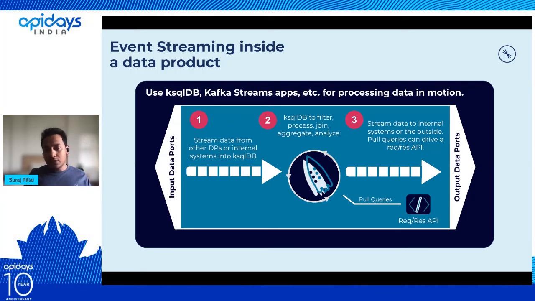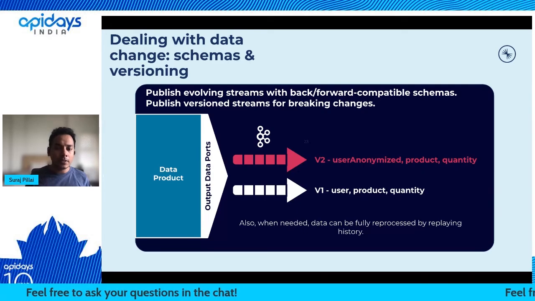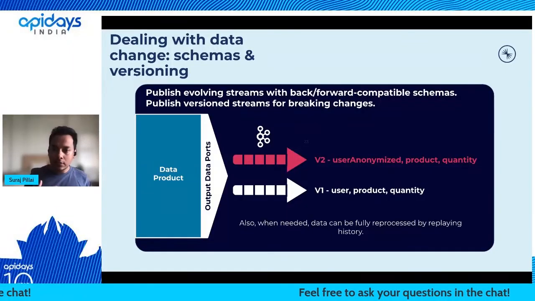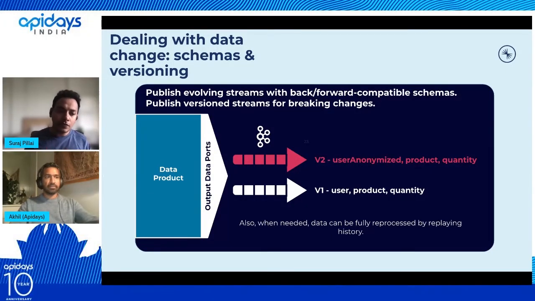So the first step was the connector, the second step was KSQL using which you are processing that data, and the third step here is you want to publish that data. And typically you could do that over maybe a Kafka topic. And here, when we are publishing the data, one thing which is very important is we want to make sure that the schemas and versioning are proper. Right? So this is where the Confluent Schema Registry will help you. And what it does is, whenever we are publishing some kind of data, we want to make sure that it conforms to a